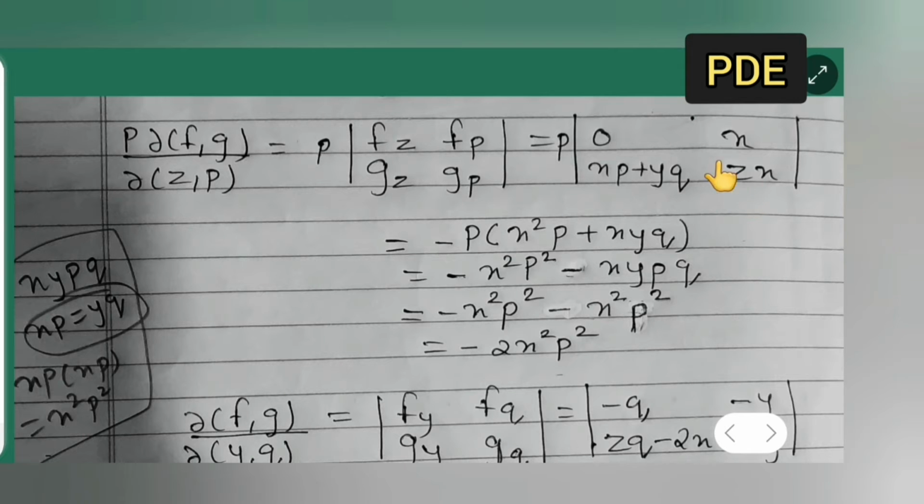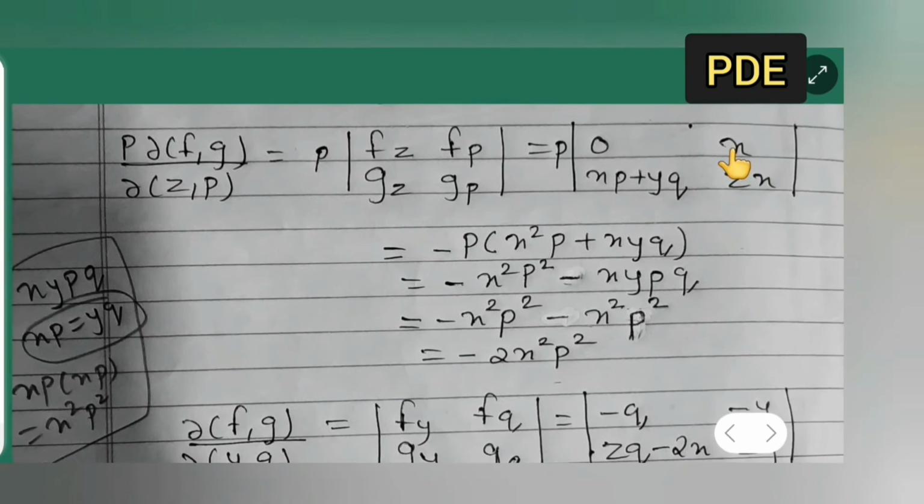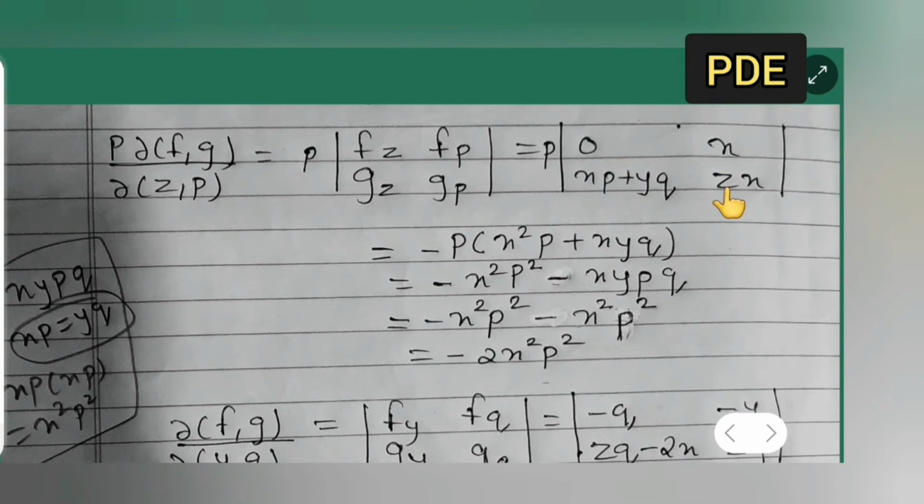Next, if you multiply 0 with this, you will get 0 definitely. So write down minus, because you are getting minus now. You have to multiply this with this. So actually it is 0 minus this, so minus p x square. I am multiplying it with this, x square p plus xy q. Multiply this p with this and then with this. So minus x square p square minus xy pq. So minus x square p square minus, now what is